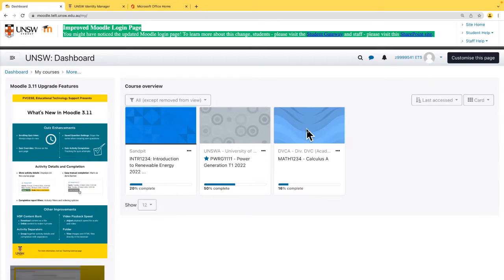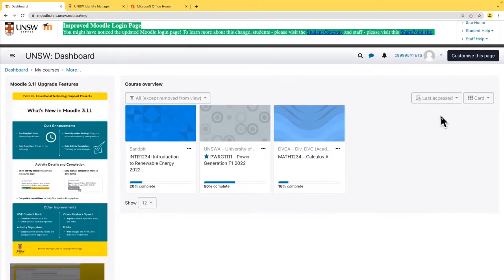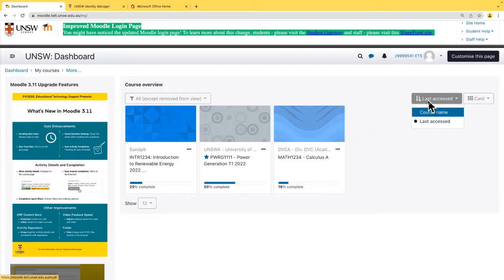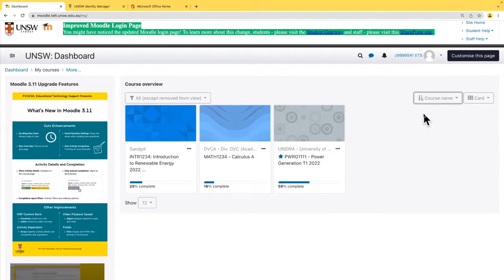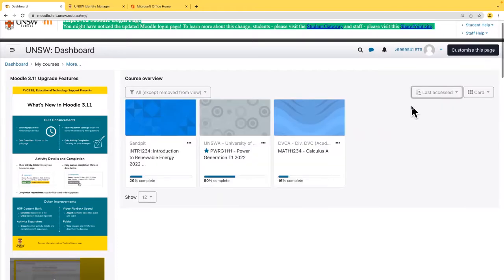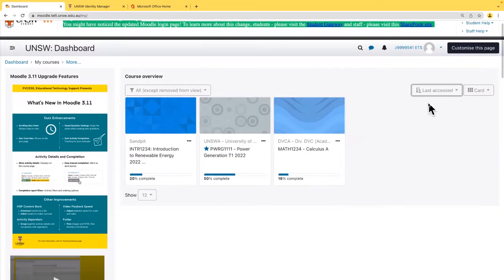Perfect. Moving on, at the top right here, we have a few other options. So we have the sorting order and we have the layout option. So the sorting order by default is last access. As the name implies, it will sort your courses dependent on the most recent that you've accessed. So if we've accessed this one recently, it will appear first. There are other sorting capabilities, for example, via course name, which I believe does things in alphabetical order. I'll just leave mine as default to last access, but the option is there should you wish to customize that.